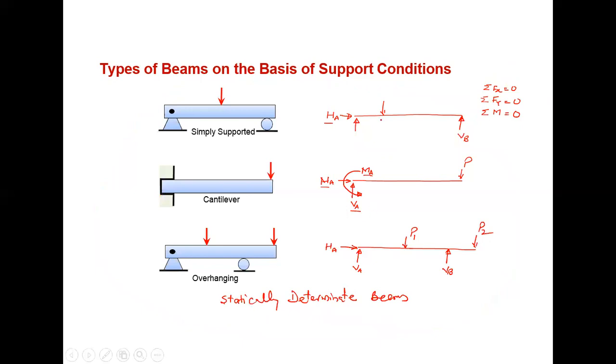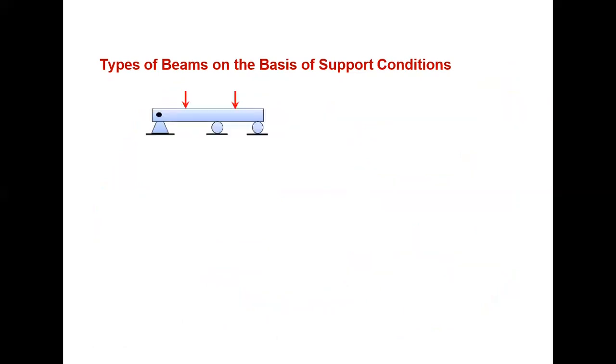But there are certain types of beams where you cannot find the reactions using statics, or using force balance and moment balance. The first type is this one. This one is known as continuous beam, and here you can see several redundant supports are used for supporting this beam. For example, only these two supports are enough to make this beam in equilibrium, but you are using one additional roller support and additional supports. Basically these three roller supports are redundant.